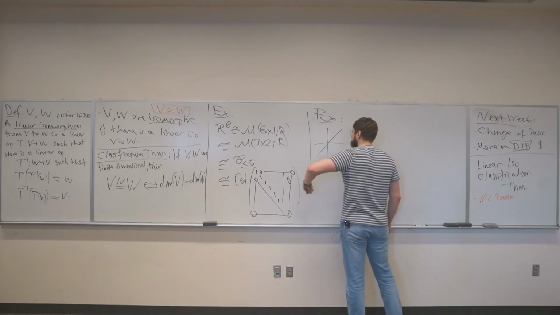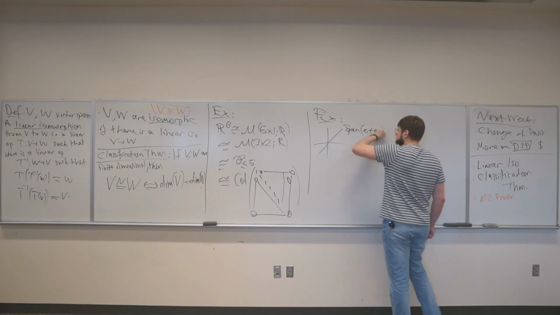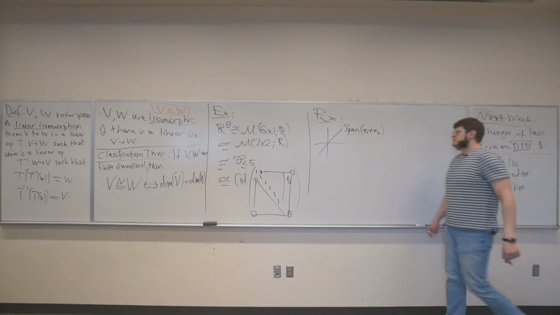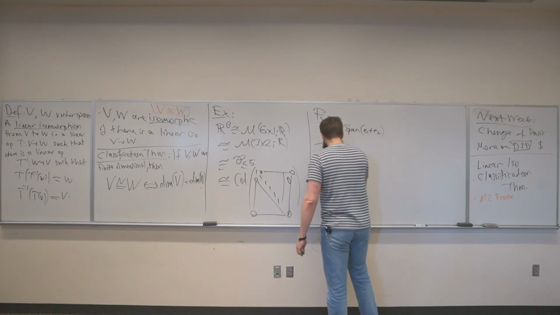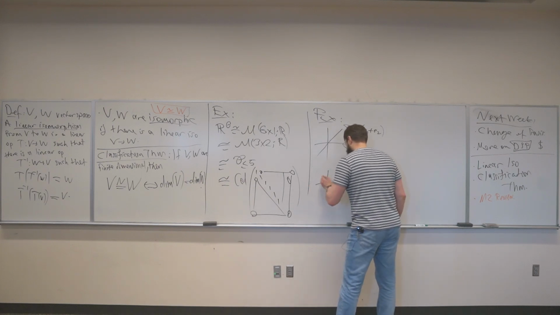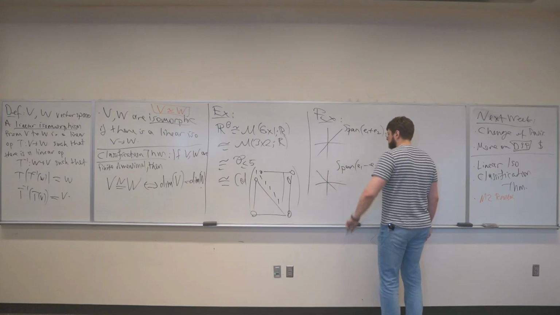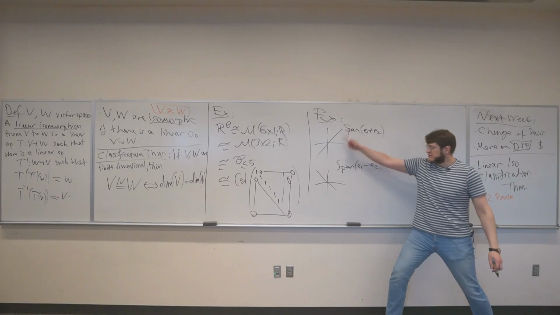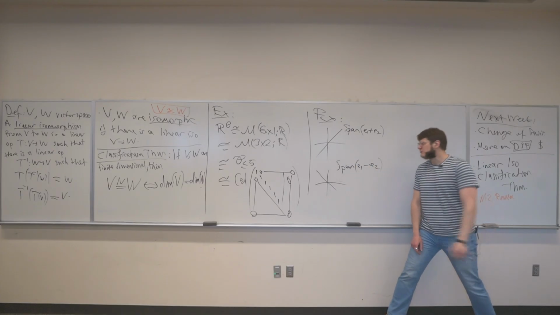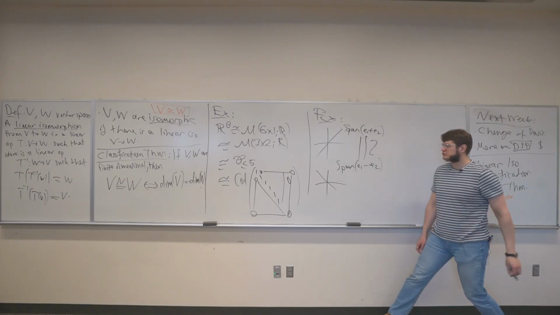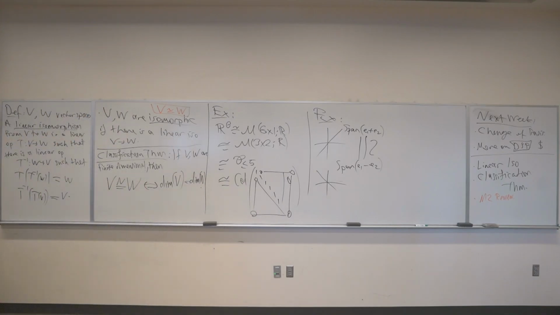So you want to say, another example. So if I were to take the span of E1 plus E2, okay, in the plane. And if I were to look at the span of E1 minus E2, both of them are lines. They are both one-dimensional. So even though they are not exactly the same space, they are isomorphic spaces. Okay, people would write it like this.